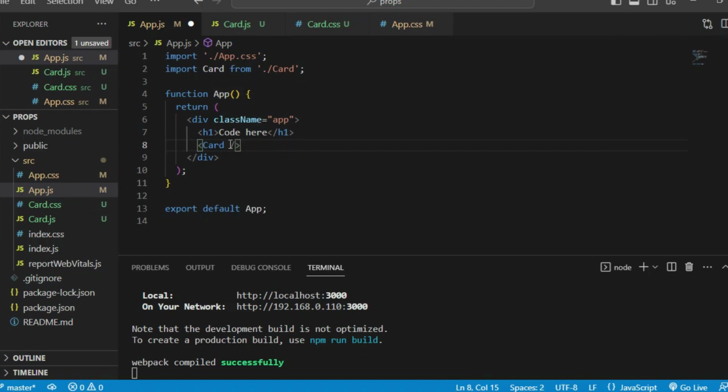So this is where the props come in. Here is the place where we are going to put what we want to display in the user interface. So we are going to say image,